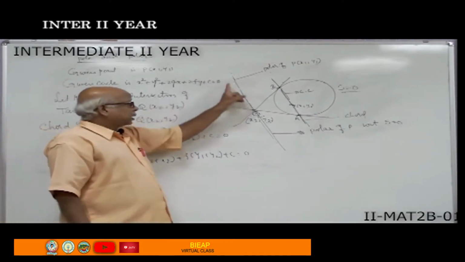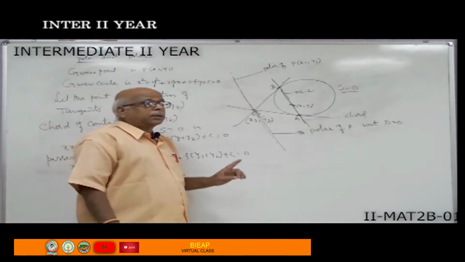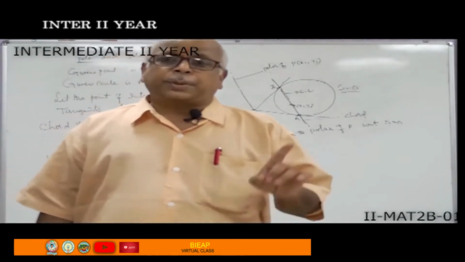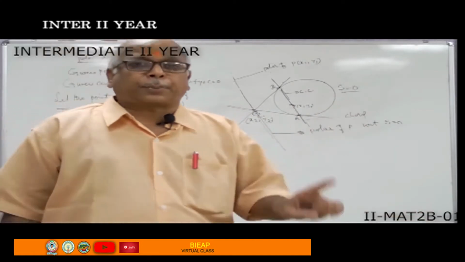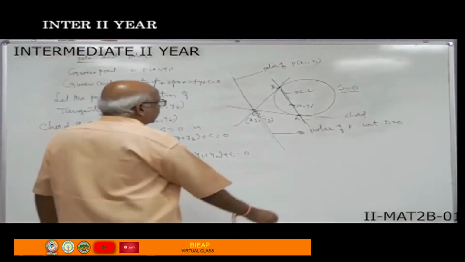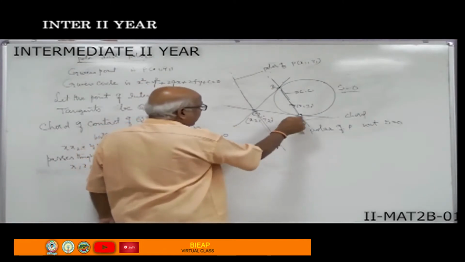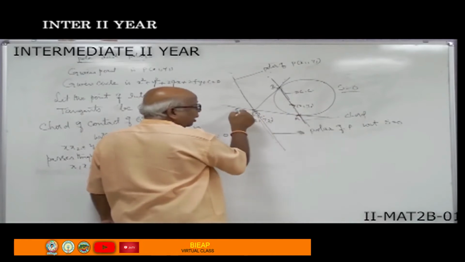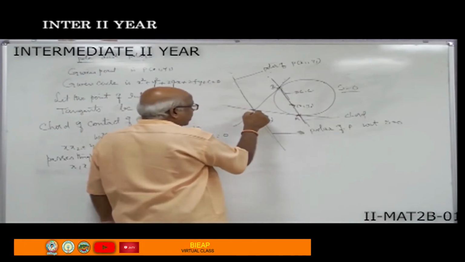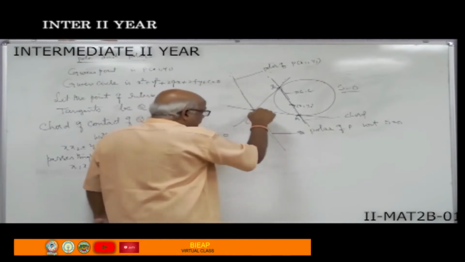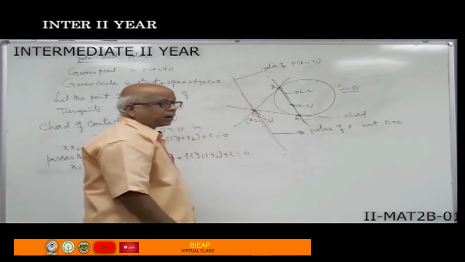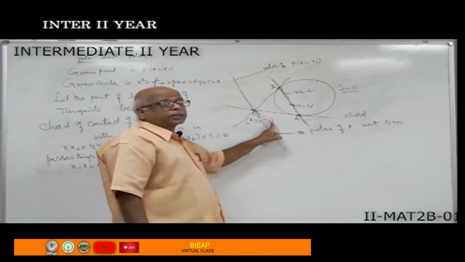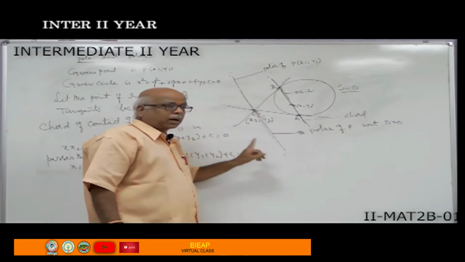Now, what is the definition of polar? The locus of point of intersection of tangents drawn at the extremities of the chord passing through the given point is a straight line. This is the given point, this is the chord, and these two are extremities. At these two extremities I have drawn two tangents. Those two are intersecting at a particular point. That point is lying on a line. That is called the polar. Means indirectly the locus of Q x2 y2 is nothing but our polar.